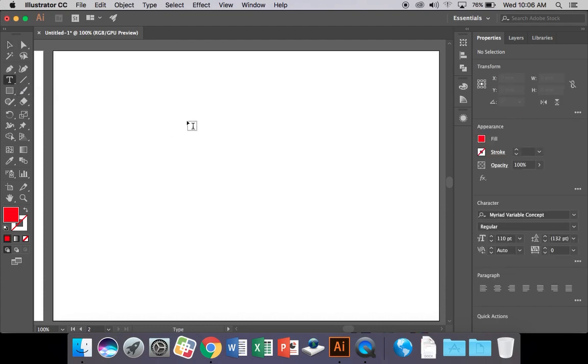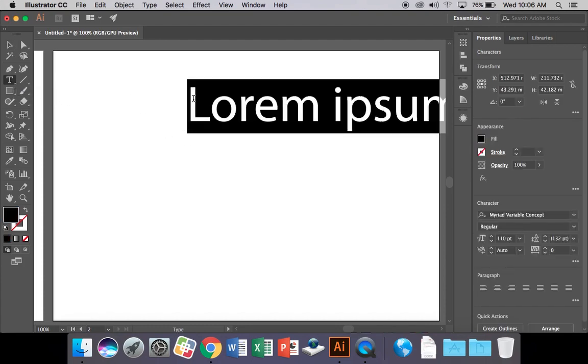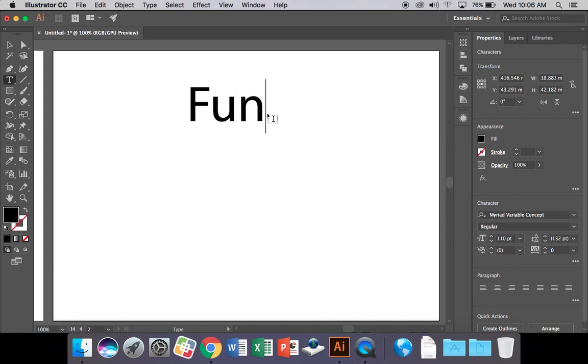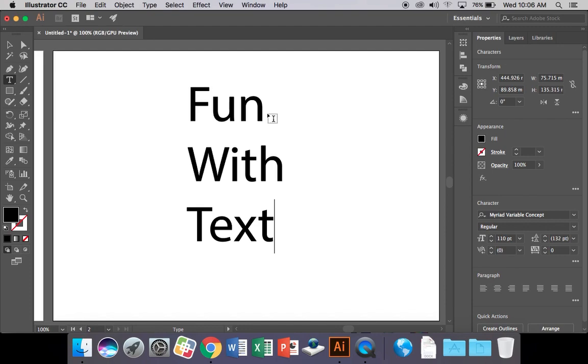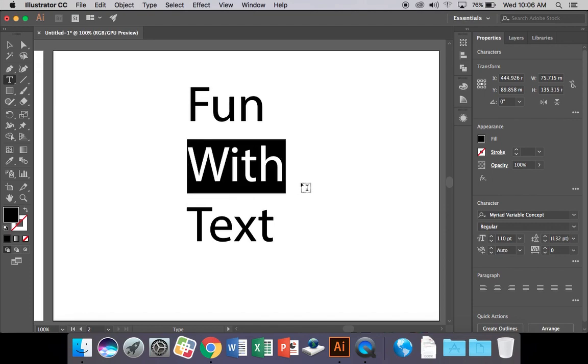What you can do is click once and you'll notice some placeholder text comes in. Just type whatever it is you want. I'm just going to type "fun with text" down here. All right, now with the text tool still selected, I might just highlight this,